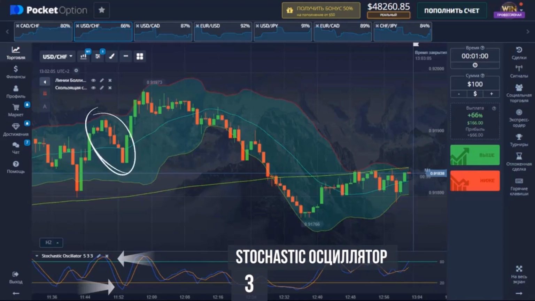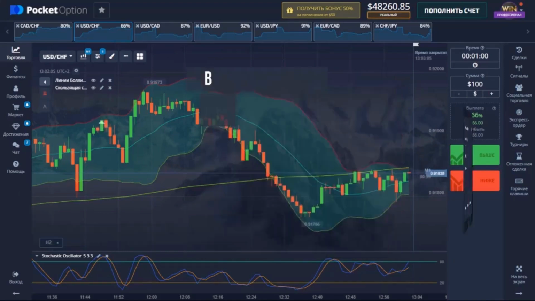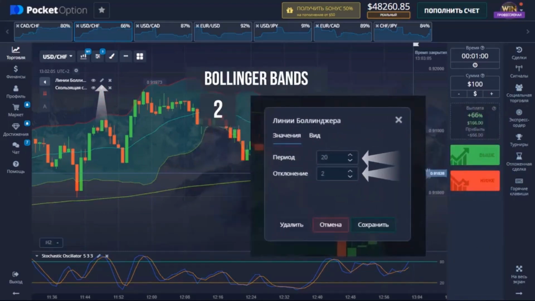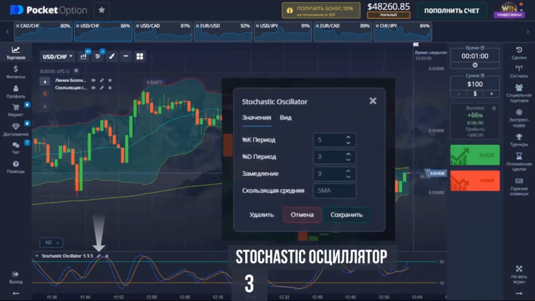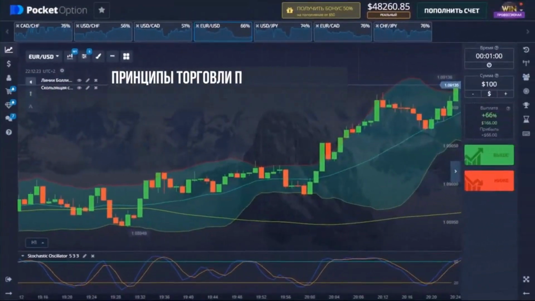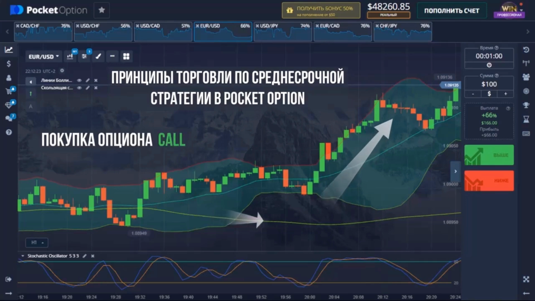from the Bollinger Bands. To trade on PocketOption using this strategy, you need to set the first indicator's period to 150, the second to 20 with a deviation of 2, and configure the stochastic with K period 5, D period 3, and smoothing 3. Call options are purchased when the SMA shows an uptrend and the indicator's line is positioned